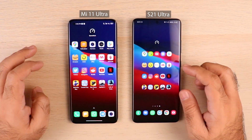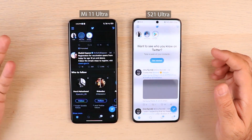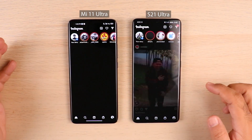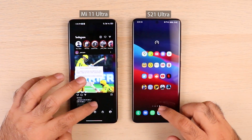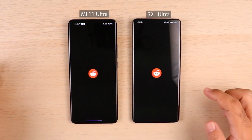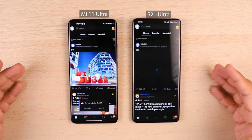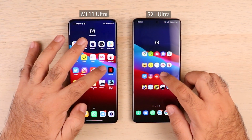Now see, these apps were connecting to the internet while loading those first pages of those apps. Okay, social media apps now. Twitter, the Mi 11 Ultra of course with a clear and a big advantage there. Instagram, again very close. Reddit, let's see which one loads the app first. The Mi 11 Ultra, wow, very good, that's brilliant. YouTube,